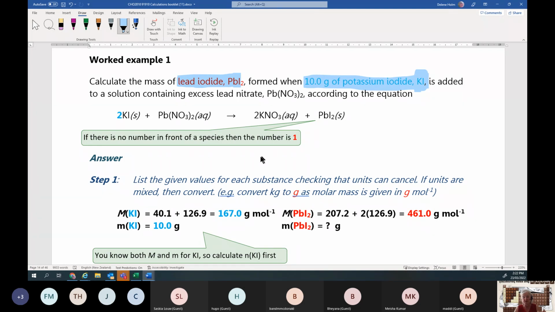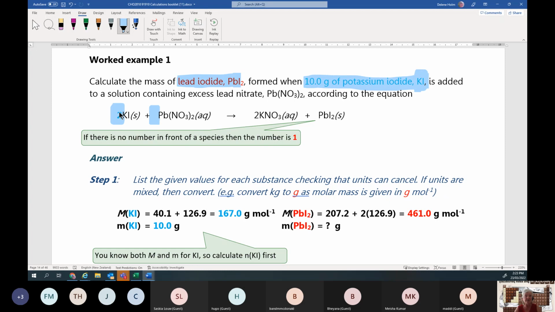So if you think of mole as the way we count atoms, the ratio those atoms combine with or react with is what we call the mole ratio. As an example, if I have an equation, then my mole ratio is given by the number in front. Now, chemists are lazy. So if you don't see a number, what do you think that number is going to be? What is that number that's missing in front of the lead nitrate? A 1. So whenever you don't see a number, it's a 1. So the mole ratio between potassium iodide and lead nitrate is 2 potassium iodides to 1